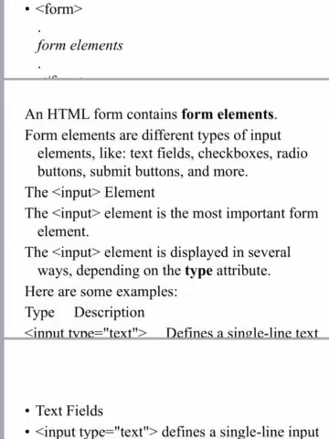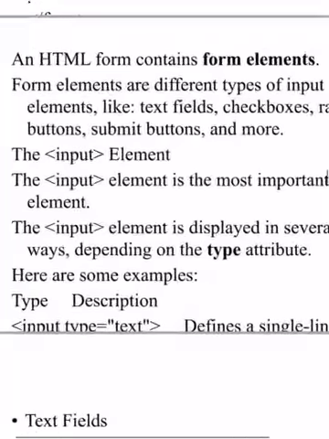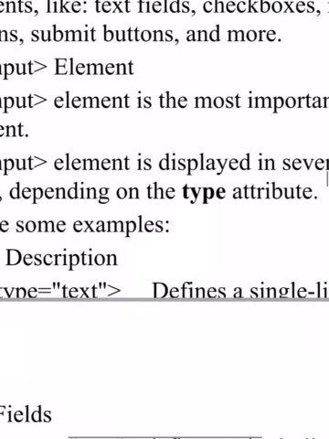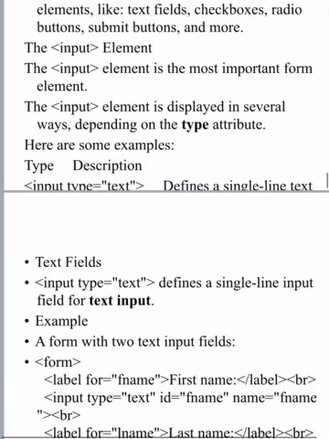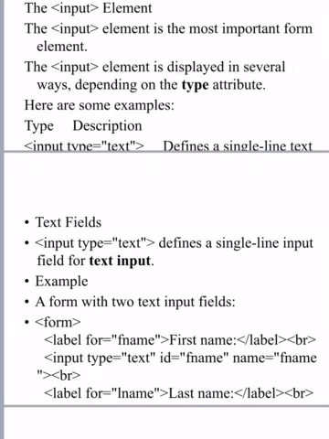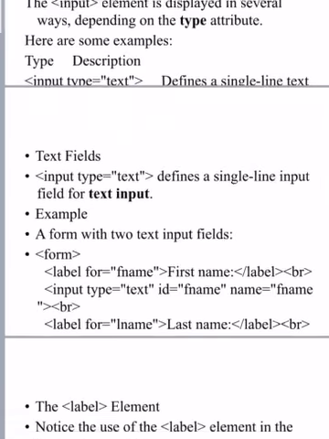Among them is the first, the input element. Input element is the most important form element. It can be displayed in several ways, depending on the type attribute. So this example is input type is equal to text. This defines a single line text. It defines a single line input field for text input. Example, if you write a form with two text input fields,